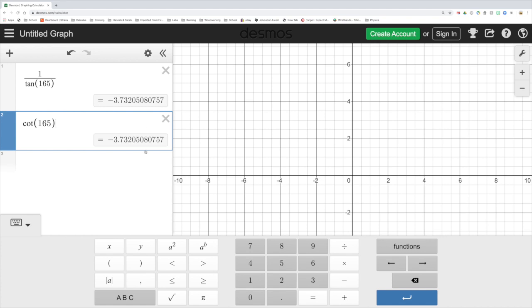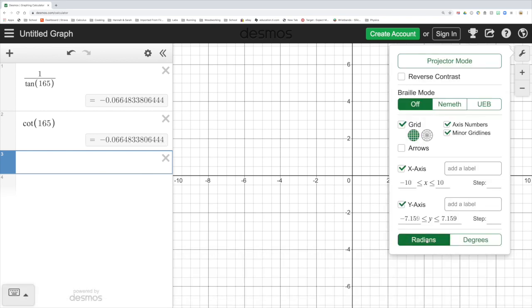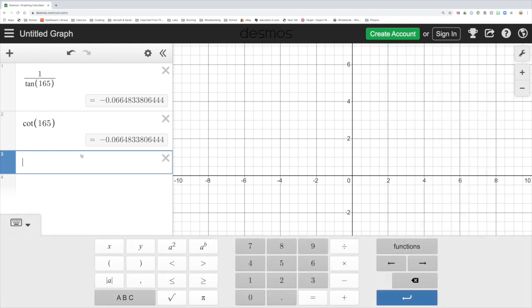Okay, you see how we get the same answer, okay? But please don't use this. Do it this way, okay? All right. Now, the other two are going to be in radians, right? So we need to go back to the wrench for the graph settings, and we need to switch to radians, okay? All right, so we're back here, and we're going to type in 1